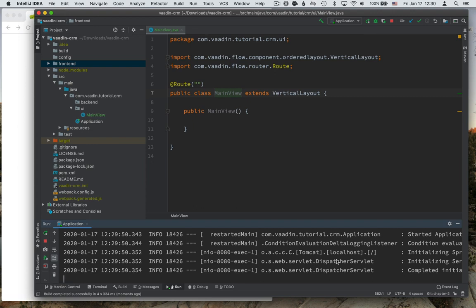The first thing that we need to do for that, though, is define our backend. So we need to define a data model, set up a database, populate some test data that we can work on in this application. We'll do that in the next video,